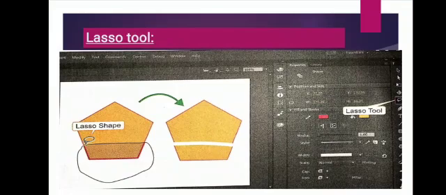So for using this tool, click on the lasso tool. Then move the pointer on the stage area. Then you will see the cursor is changing into lasso shape. Now drag the lasso shape around the object to specify the boundary for selection, and it will close from the point where you had started. Now release the mouse and see how the position changed. It split the shape of this pentagon. Okay, so this is for freehand selection. Next is polygon tool.